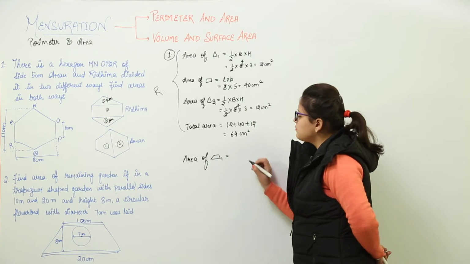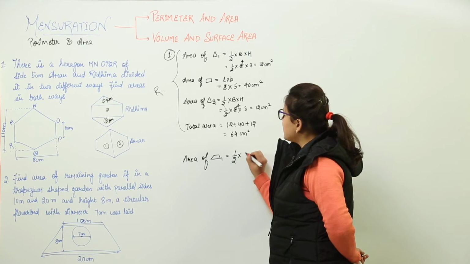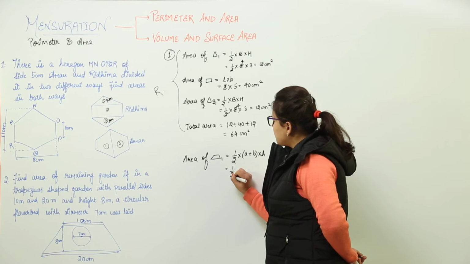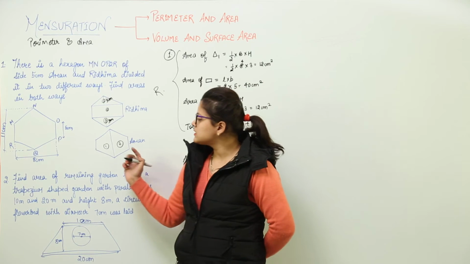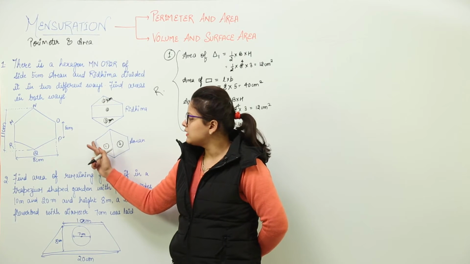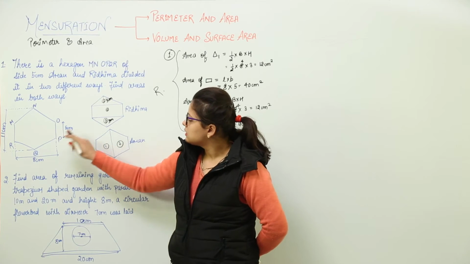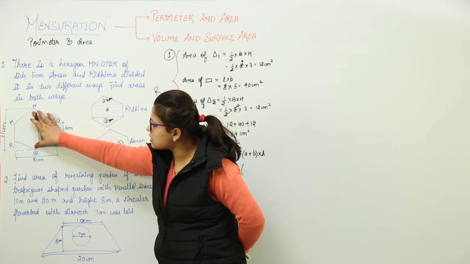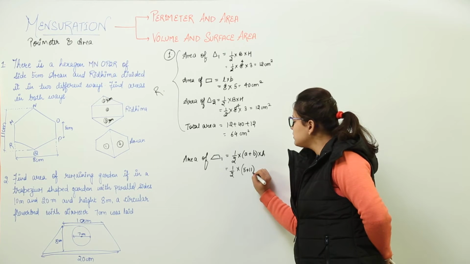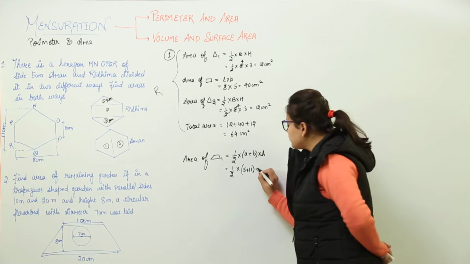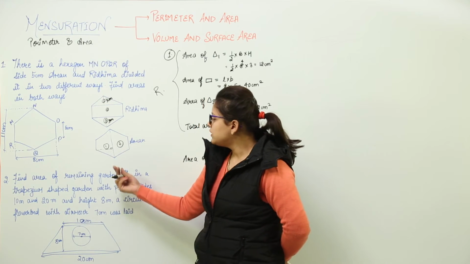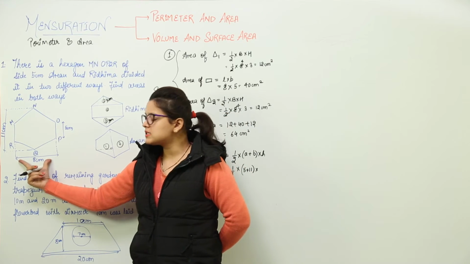Area of trapezium 1. What is the area of a trapezium? It is equal to 1 by 2 into the sum of parallel sides into height. Now, let us see what the measurements of the sides are. If these are the two parallel sides for trapezium 1, what is the measurement of this side? This is 5, and how much is this? The whole length is also provided to us. This is 11. So the parallel sides have measurements 5 and 11. So this becomes 5 plus 11. Similarly, what will be the height for this? The height is going to be the perpendicular distance. Now, we know that this complete distance is 8.